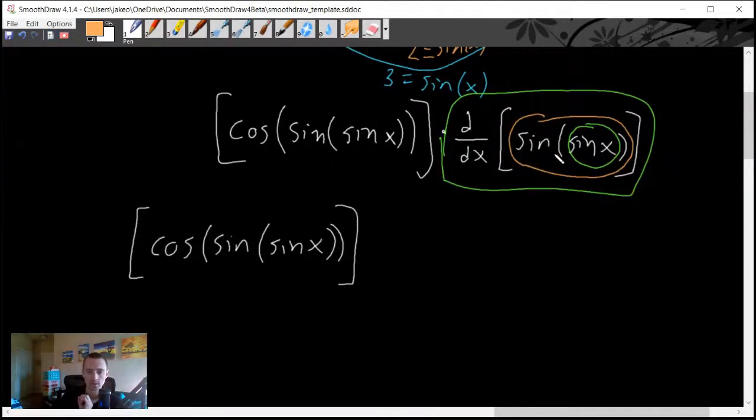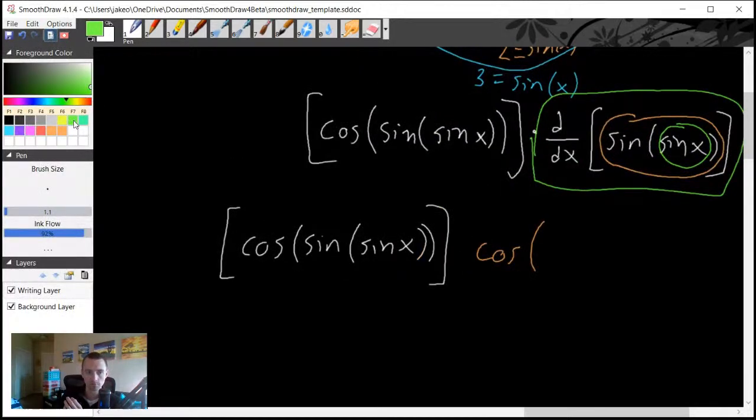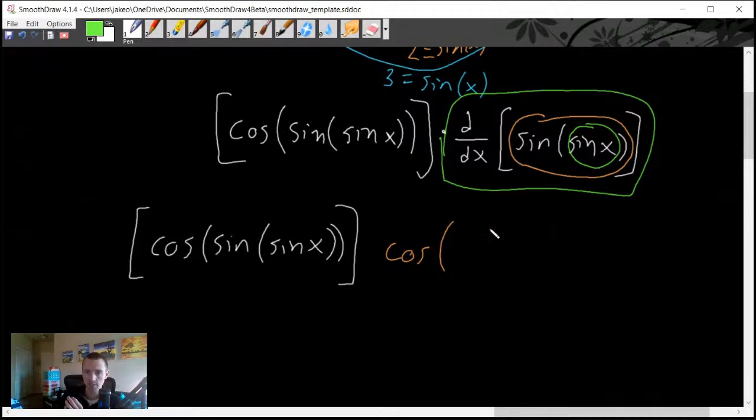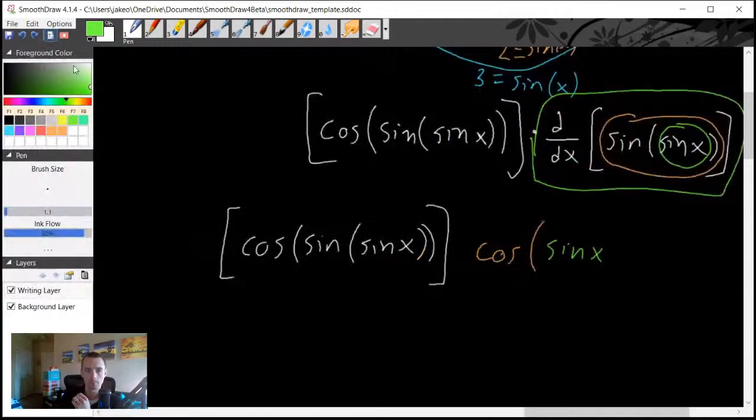The derivative of our outside function, the derivative of sine of x, is cosine of x. So we're going to take the derivative of the outside function, which is cosine, leave the inside function alone. So we're going to leave this inside sine of x as sine of x. And then we're going to multiply that by